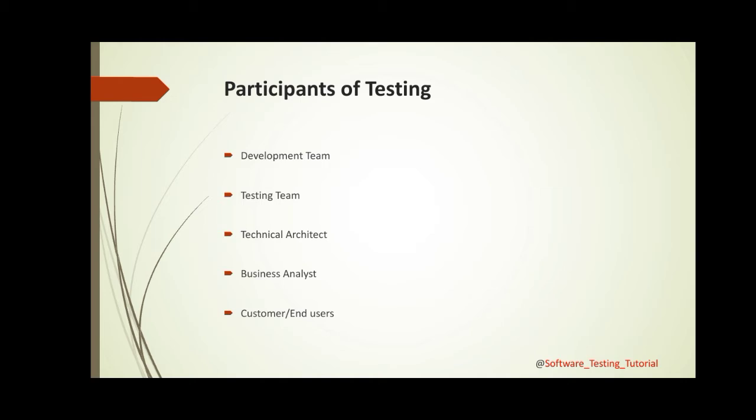First role is the development team. Development team testing is the testing of the program by the developer to check the correctness of the implemented logic. Debugging plays a vital role in the same. Testing team tests all the components of the application. Technical architect checks the correctness of the implemented architecture and the technology features used. Business analyst ensures the implementation of all the business requirements. Customer or the end user can check all the application's functions as per the expectations.